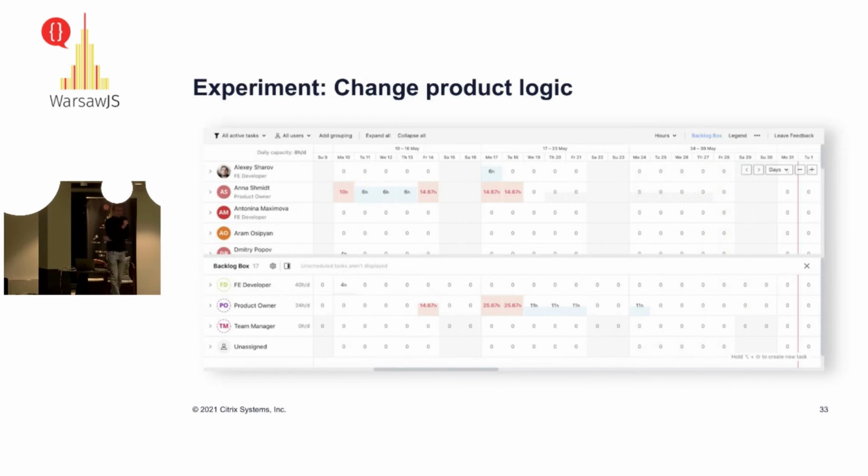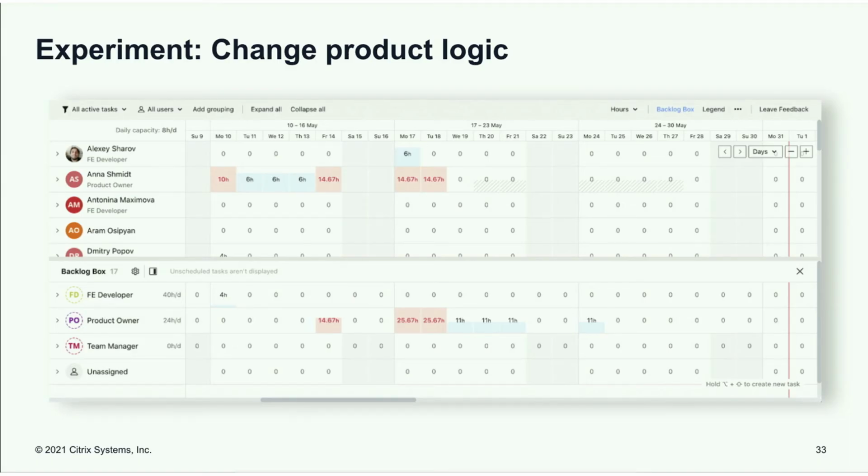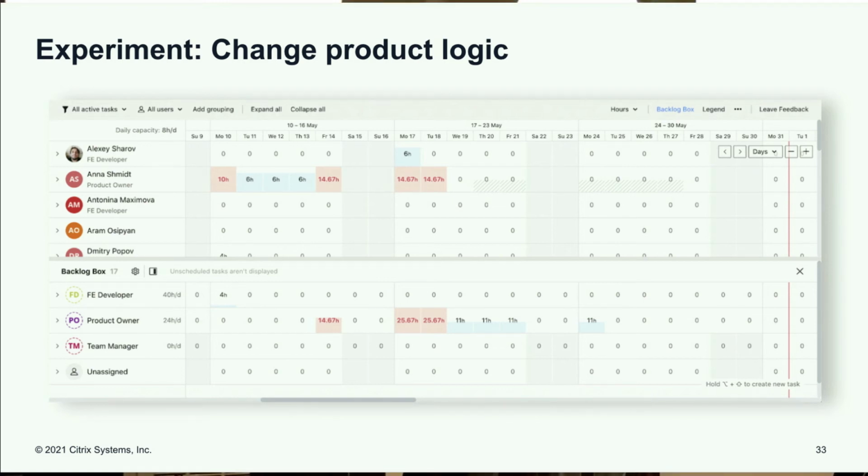So, getting to examples. This example, I really love it. What is it about? At the bottom of the chart, we have a backlog box. How does the backlog box work? In any product, there are some unassigned tasks, so as a team, as a manager, or whoever, you can go to your backlog and assign tasks to people. Our initial idea was to have in this backlog box all the tasks from the account. It was exactly what customers wanted, exactly what they asked for. But there was a little problem when we came to enterprise customers, right?